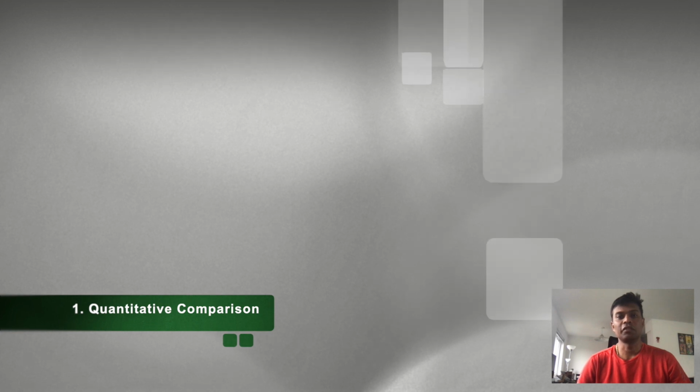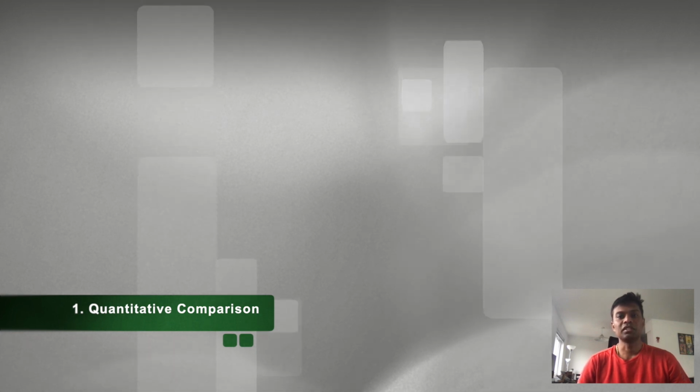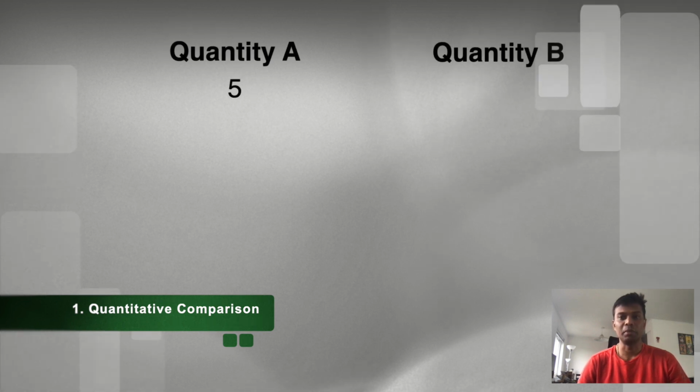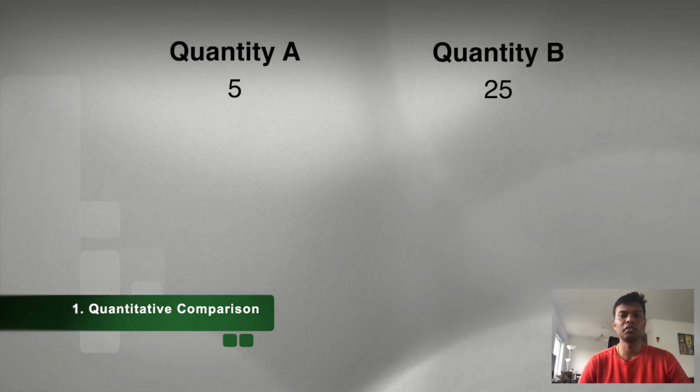Now let's move on to the type of questions you will get in the exam. And I will also provide you with official sample questions provided by ETS, the organization behind the GRE exam. In total, there are 5 types of questions. The first one is quantitative comparison. These questions ask you to compare two quantities, quantity A and quantity B, and then determine which of the following